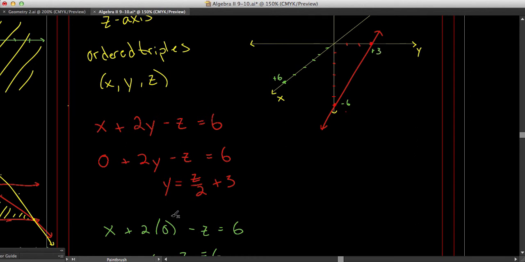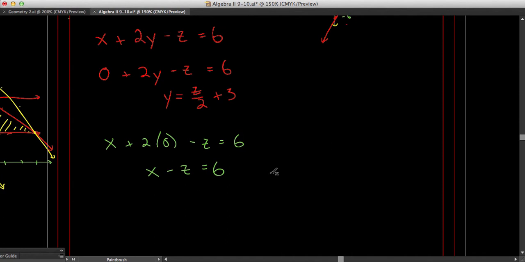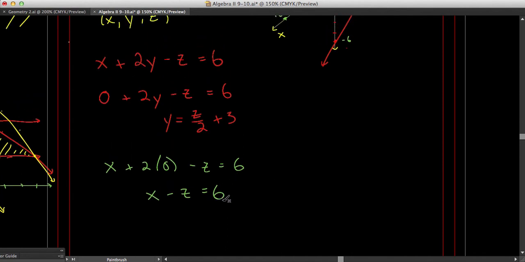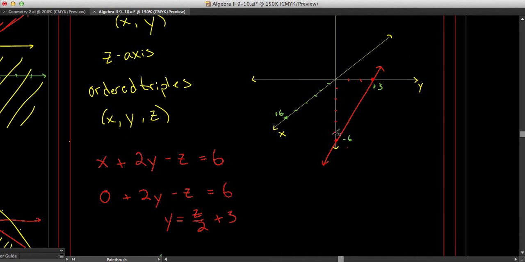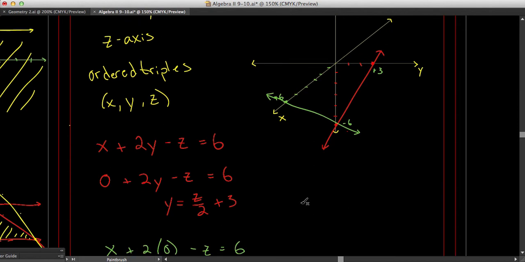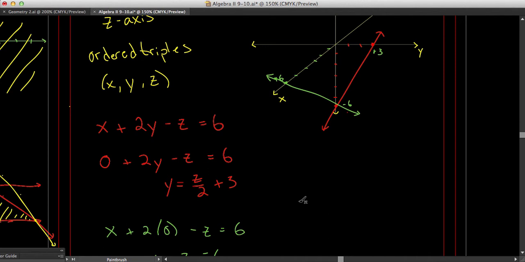Okay? So if we were to look at this equation again, and then we were to solve it in terms of z, we could figure out the z-intercept. And the z-intercept is -6. So it also actually crosses through this point right here at -6. And I can draw that by connecting a line through these 2 points, like so. Okay? All right, and then the last one that we haven't done yet is what if we made z equal